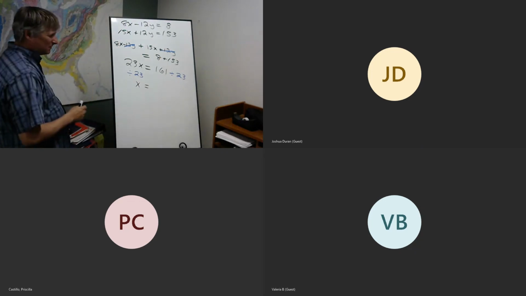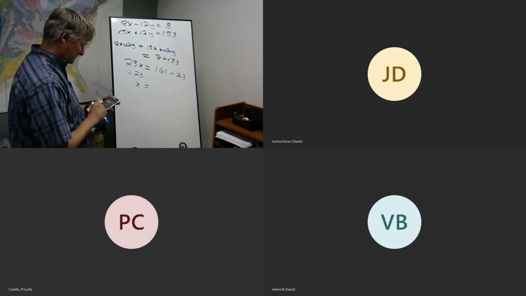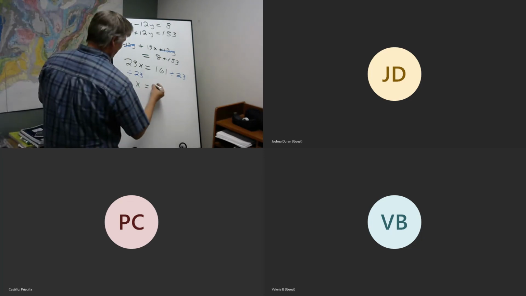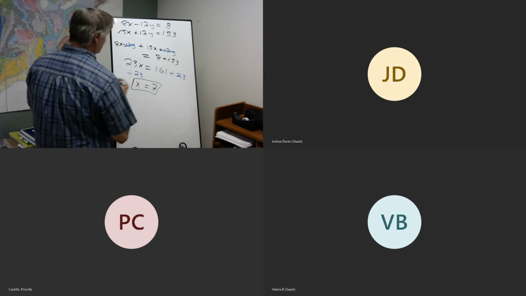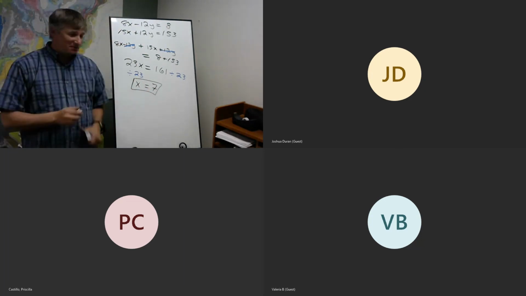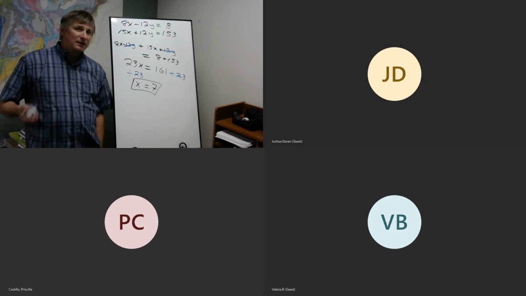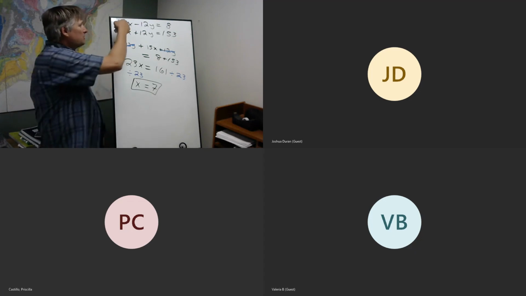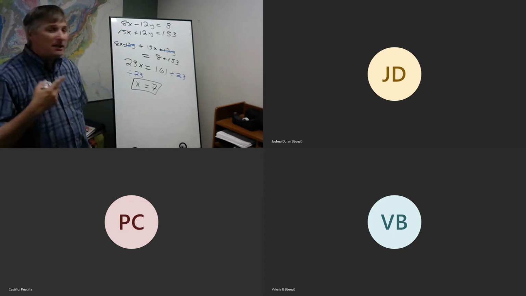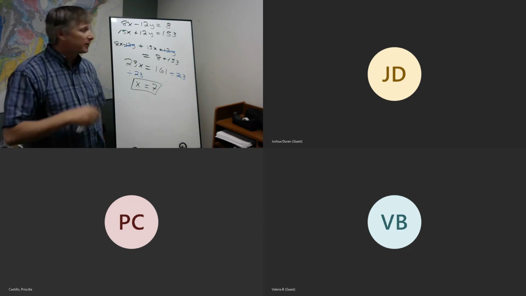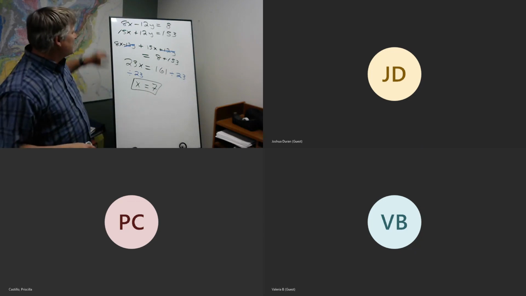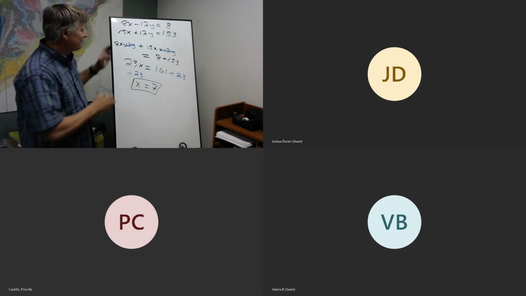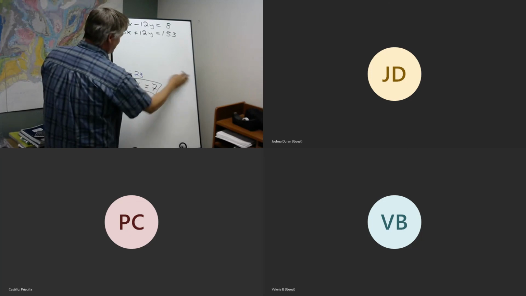Let's see, 161 divided by 23. Use the calculator. We'll get 7. So x is going to be 7. And again, to find y, we can use the two equations that we started with, or we could use the two modified versions of those. Any of those 4 equations will work. So what I'm going to do, I'm going to use, say, this equation here, just because it's readily available on the dry erase board. So knowing that x is 7,